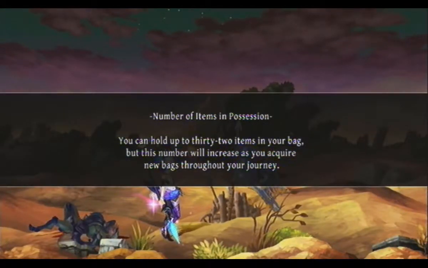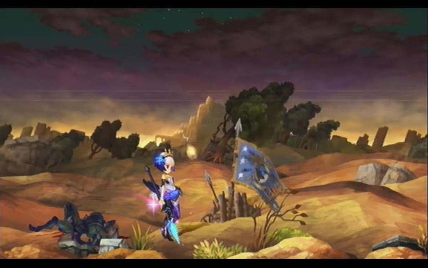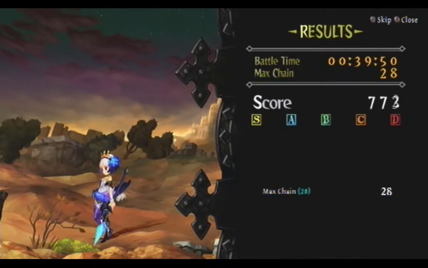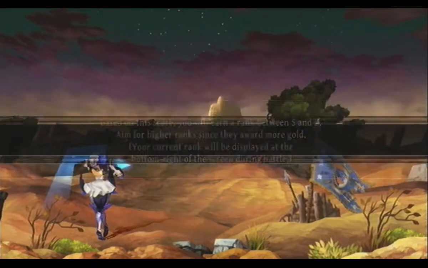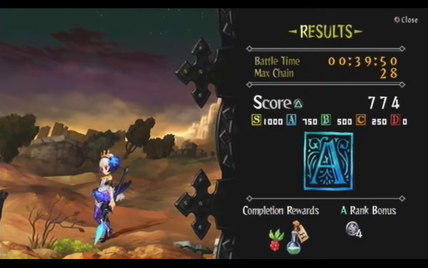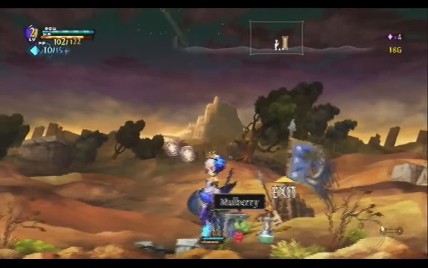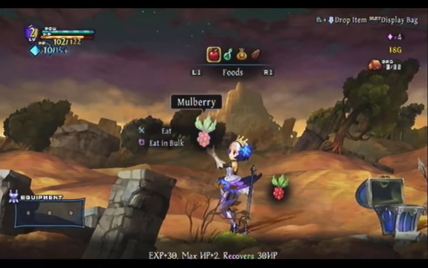Number of items in possession. You can hold up to 32 items in your bag. Back in the original game, certain items are stored separately up to 9. Back in the original game, you only had 16 slots. I'm just going to skip this. Score rank rewards. I've already explained this. Blah, blah, blah. Close this. Back in the original game, you only had 16 slots, and that was different from what this is, because...